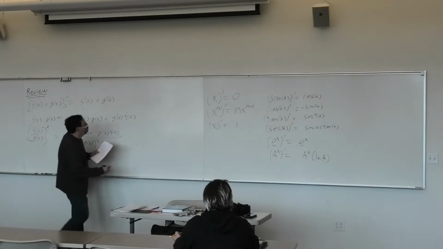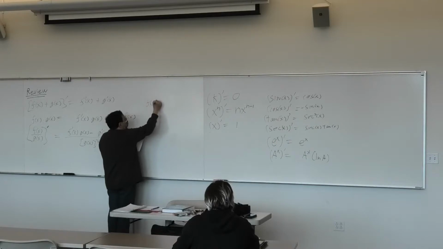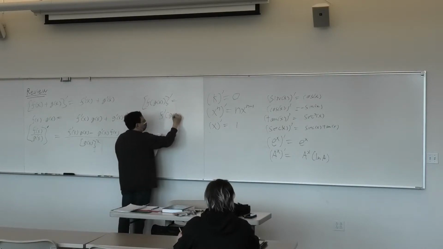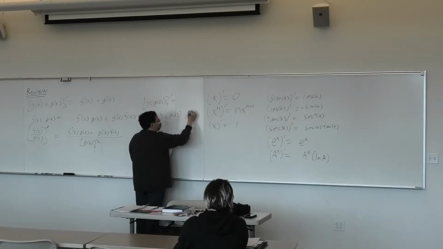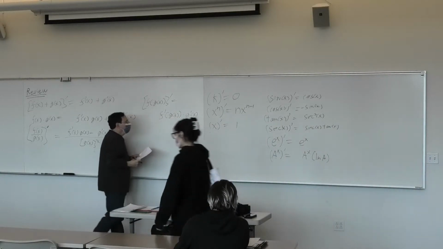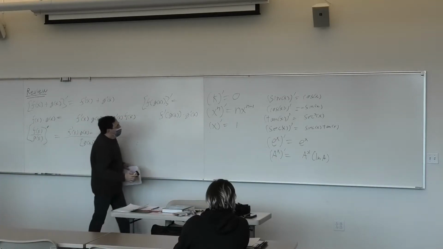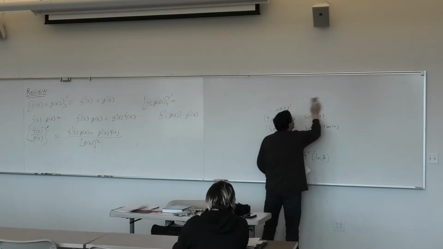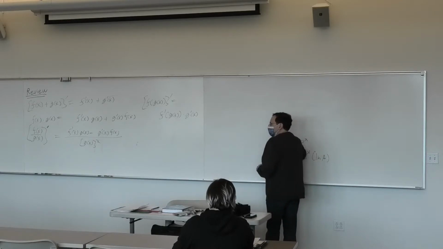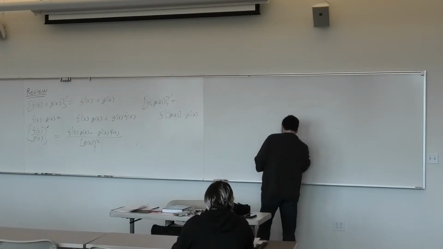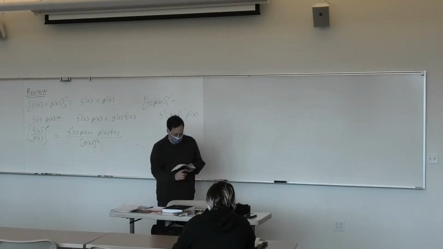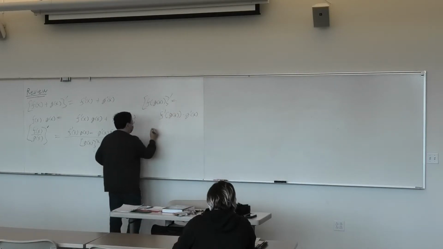The chain rule says that the derivative of f of g of x, a composition of functions, can be found as the derivative of f at g of x times g prime of x. Or in the Leibniz notation, which sometimes is more convenient,